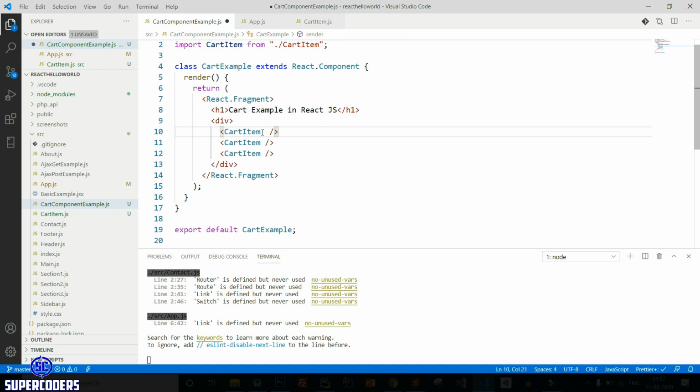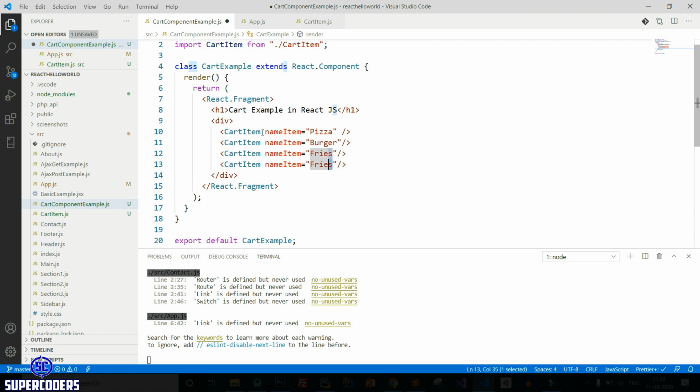So here I am giving attribute value name item equal to pizza, burger, fries, then adding one more item such as sandwich. Now save it. Now let's back to Chrome.